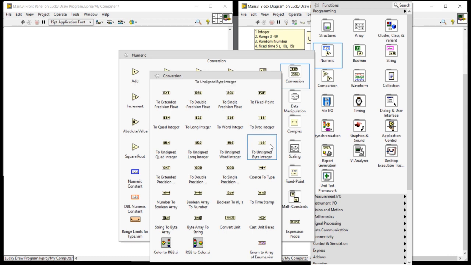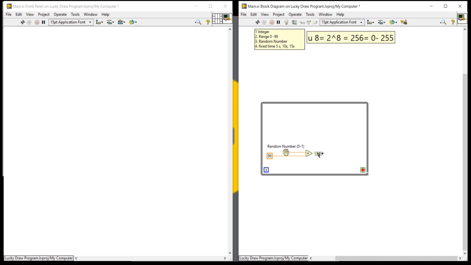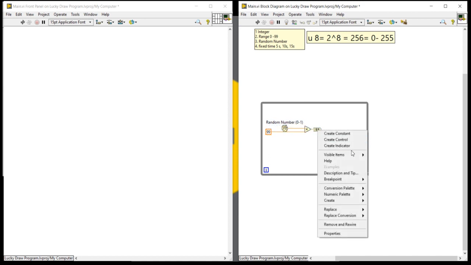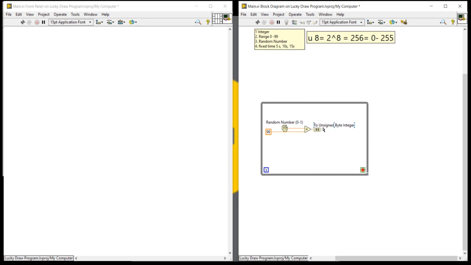Take the U8 and place it here. Now create indicator, lucky number.